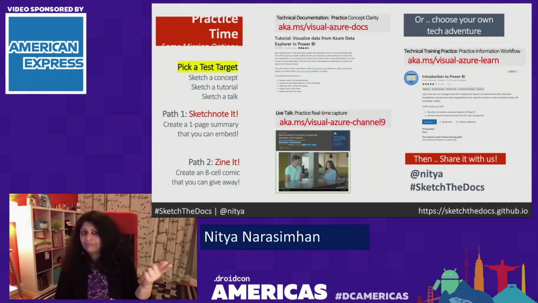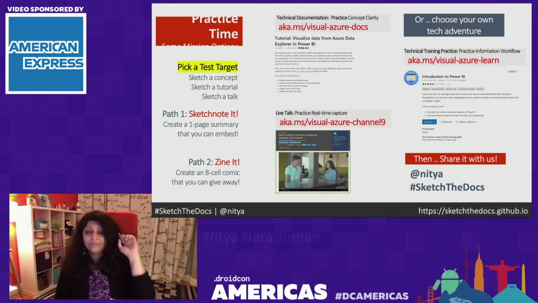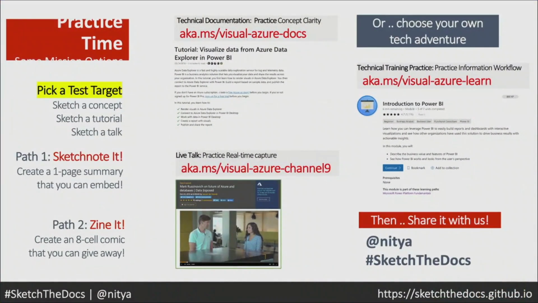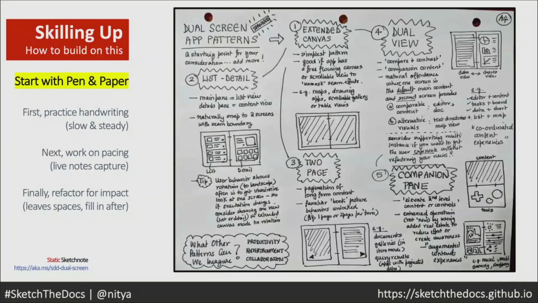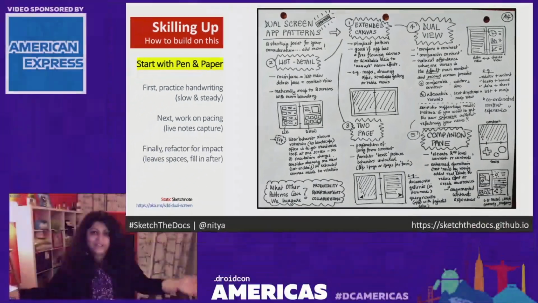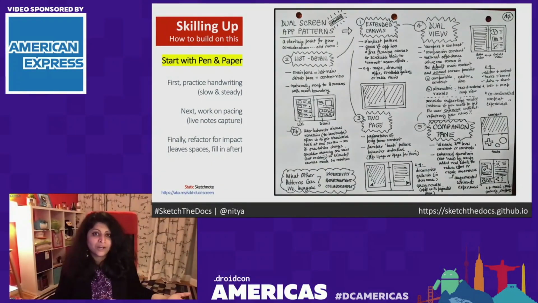So again, my original thought, practice time, try to take one of these paths and practice making something. But once you've done that, you need to start skilling up. So for skilling up, start by practice, and start with pen and paper. You don't need to invest in digital technology until you've got some practice with just a ballpoint pen, paper, and try out different things.